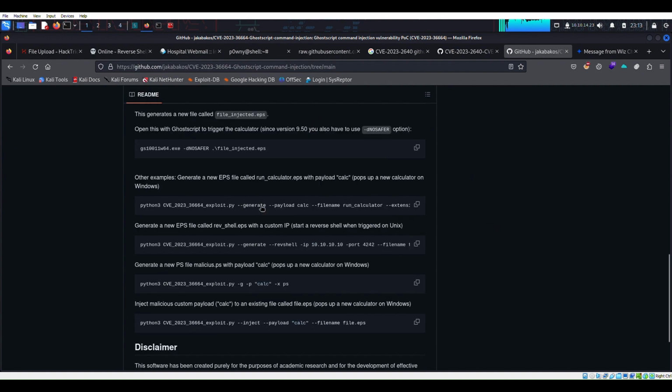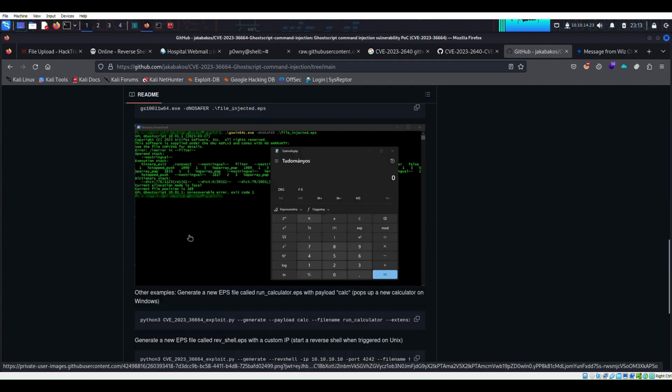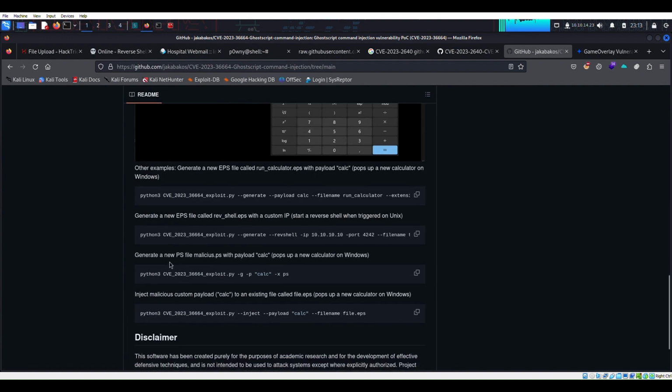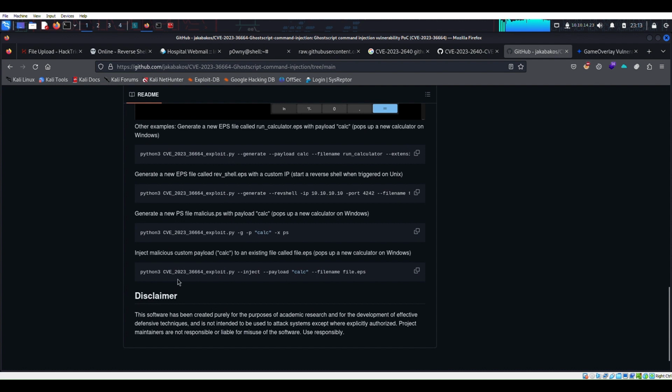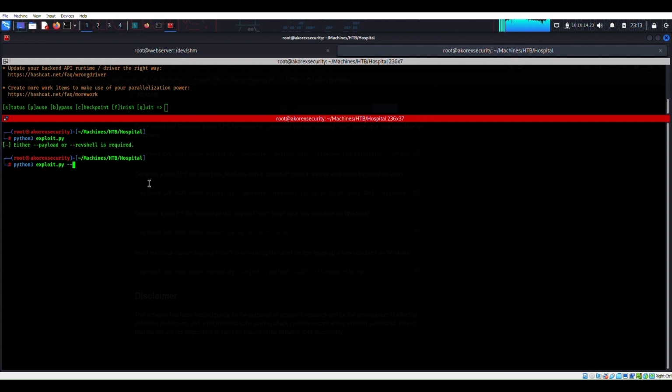So we can generate a new PS file, malicious PS. We're using EPS. So we can use --inject, the payload that we want to inject and the file that we want to inject in. So we need to inject payload and the files. So how about if we use --inject and the payload,